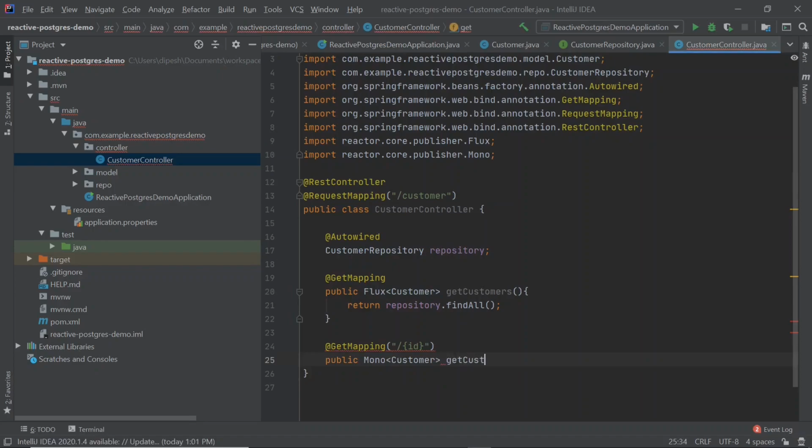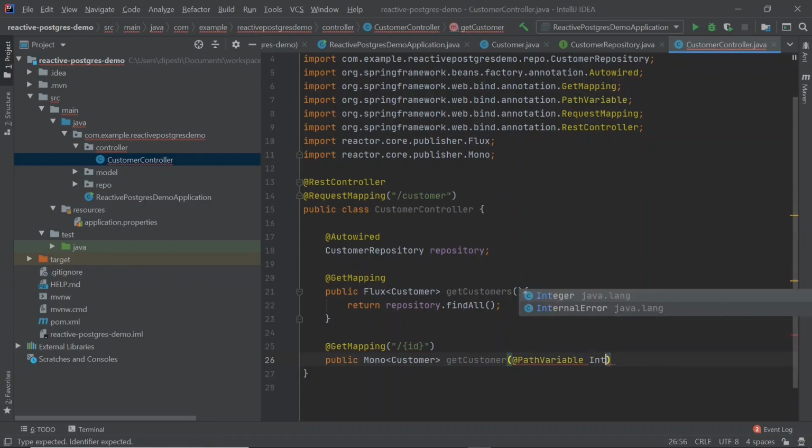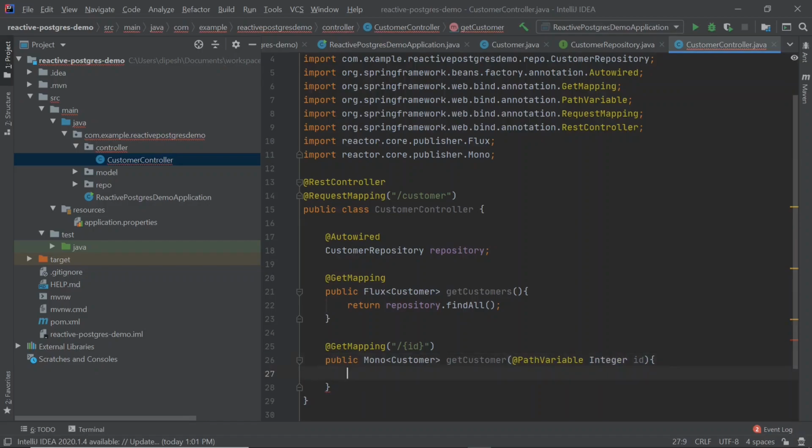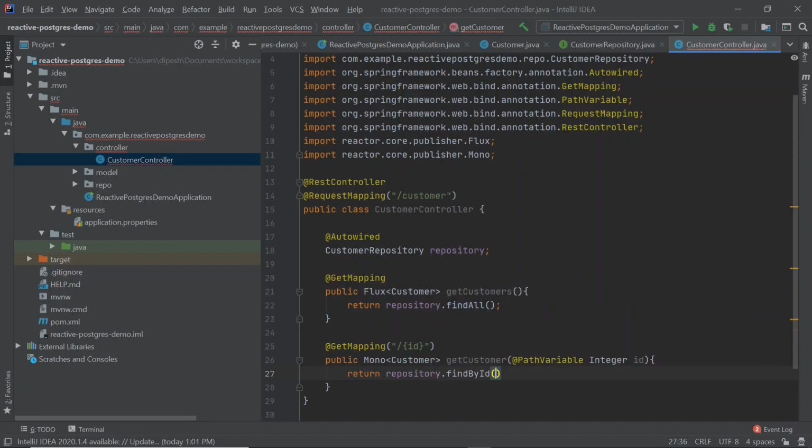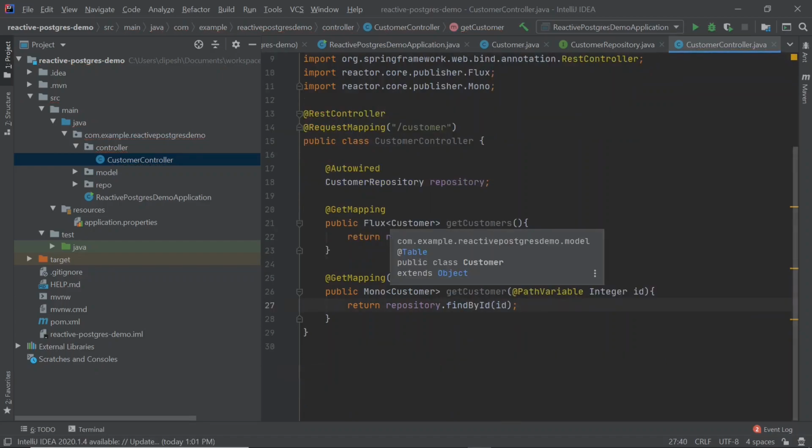We'll call this method getCustomer, and we are going to use the path variable that has been passed through, an Integer. Here we are going to use the findById method of the repository, and you can see that this method returns a Mono. I'm going to pass this ID here. Okay, so both the endpoints are implemented.